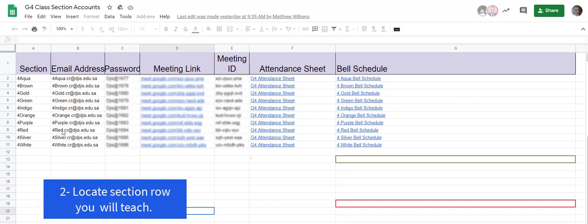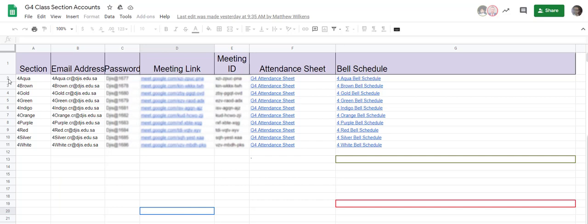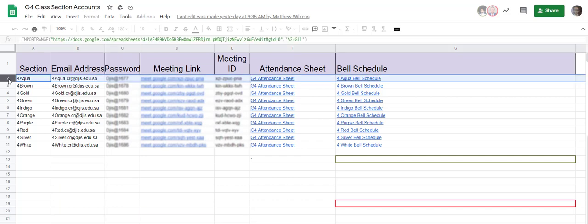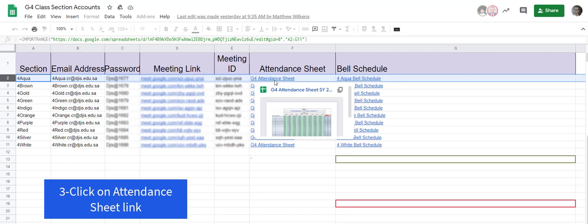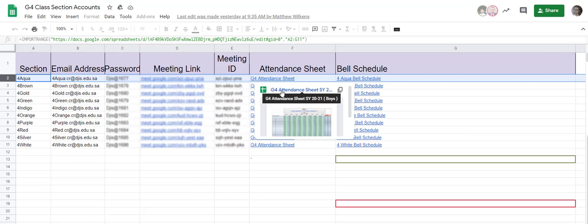Locate the section you're teaching. For example, if the section I'm going to teach in the next few minutes is Aqua, locate the row for Aqua, head to the attendance sheet column and click on grade for attendance sheet. This is going to open a new sheet for you